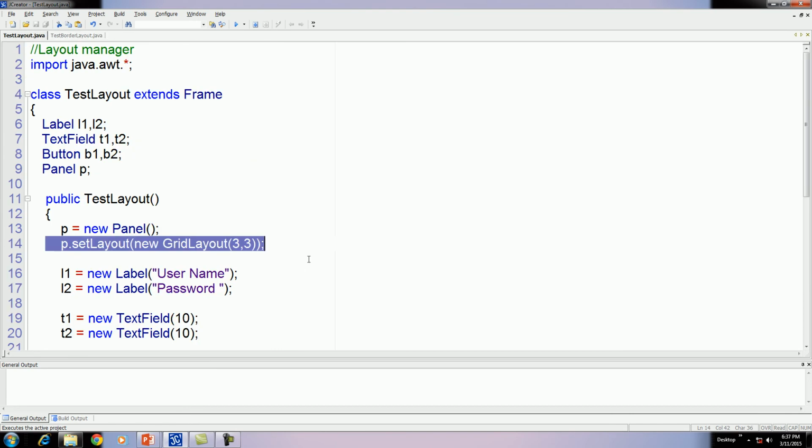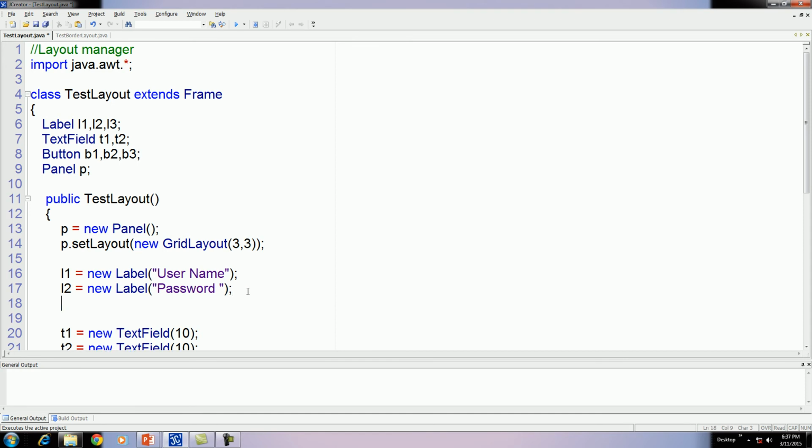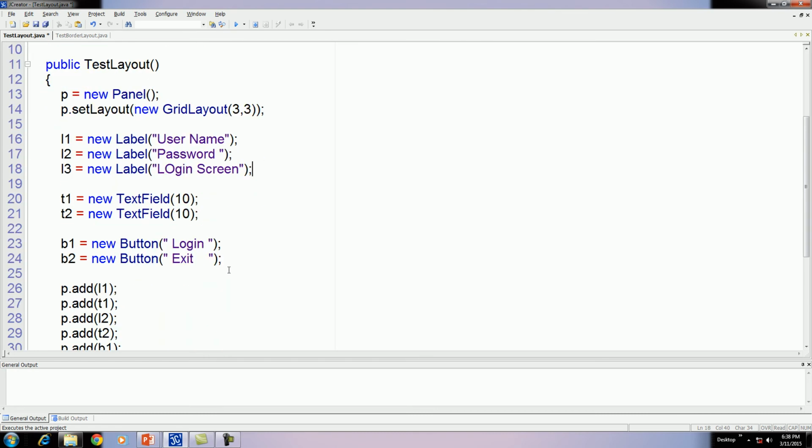For example, here suppose we have one more label L3 and one more button B3. Okay, suppose L3 is label for heading, and one more button.